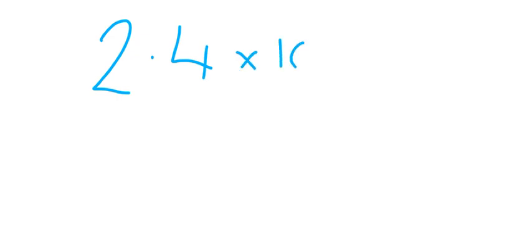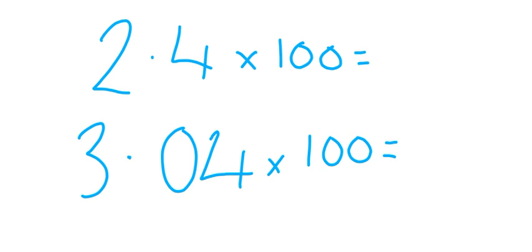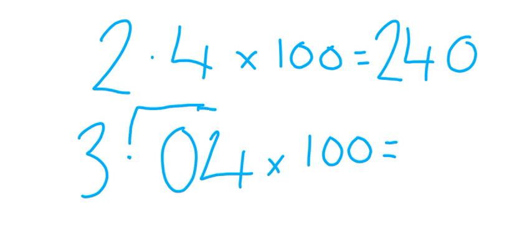Have a go at these and see how you get on. Pause the video. So 2.4 times 100, 3.04 times 100. Have a go at those. So 2.4 times 100, 2 becomes 200, 0.4 becomes 40 and a 0 on the end. If I use this one but move in the decimal, I move it down twice. So it becomes 304, point nothing, which we don't need, so it's 304.